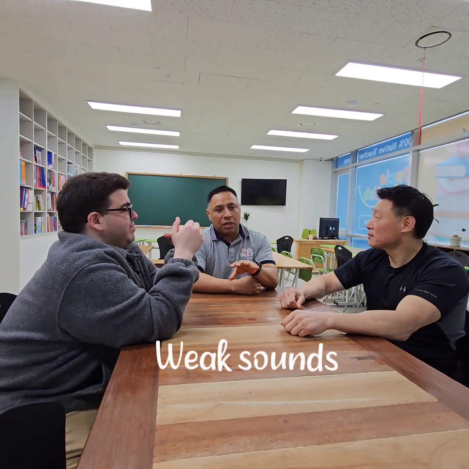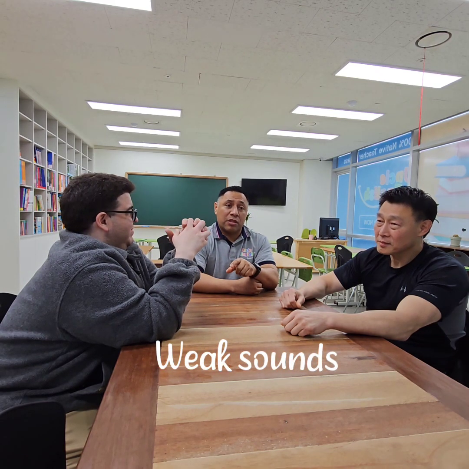In English, we have a lot of weak sounds, especially some of the vowels, especially the E sound. It just drops down really low. In this case, with the F, it also drops down. We don't really have to say halves, so we say halves. Same with wolf. We say wolves, so wolf.